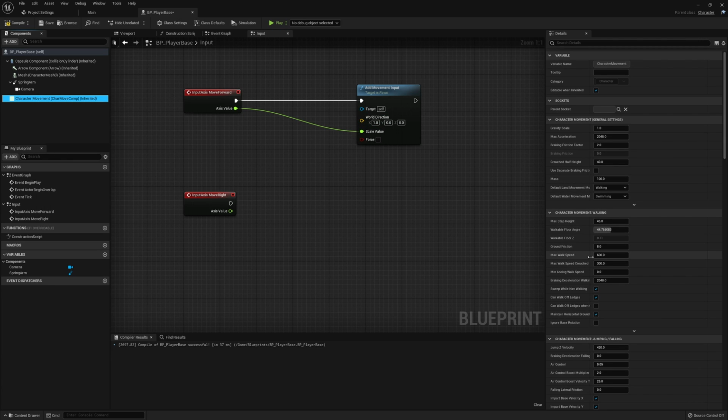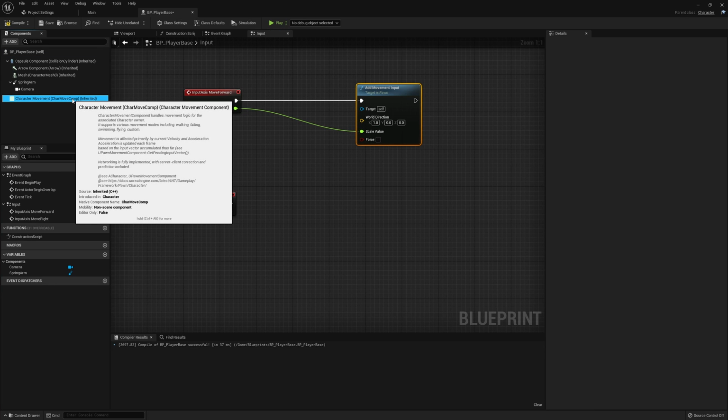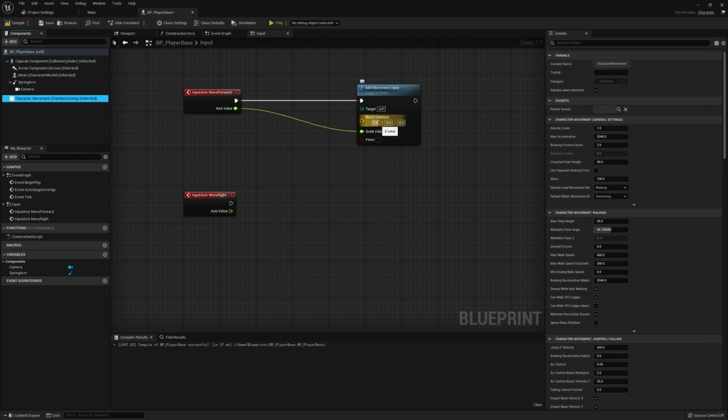So we've got these things here on the right-hand side, the maximum walk speed, the maximum crouch speed, and things like that. So what's actually being plugged in, and it's being done almost in an invisible way in the background, I suppose, is this is actually accounting for the character movement component. It is moving in a positive value on the x-axis based on this scale value multiplied by the maximum walking